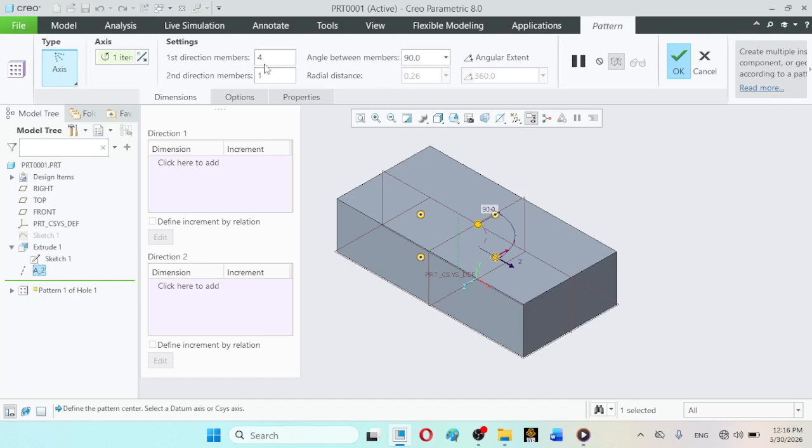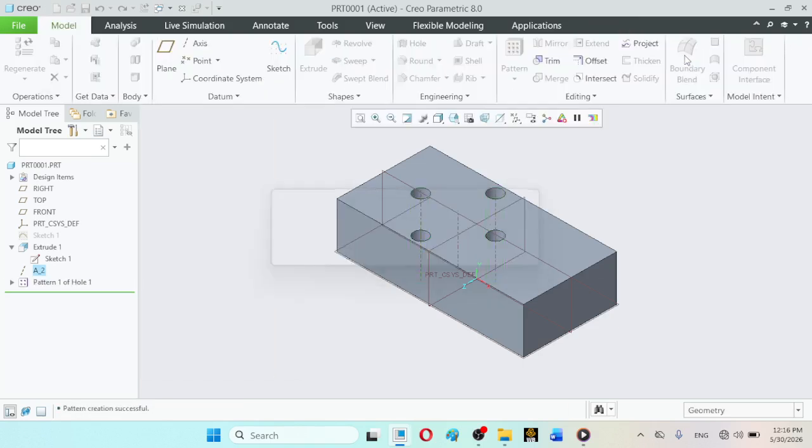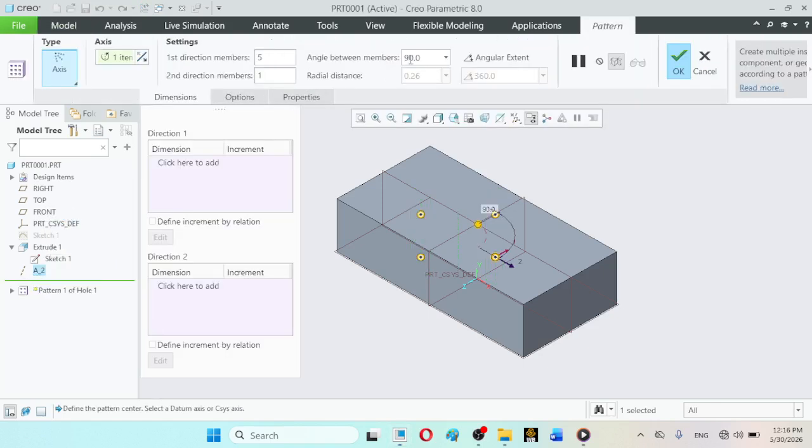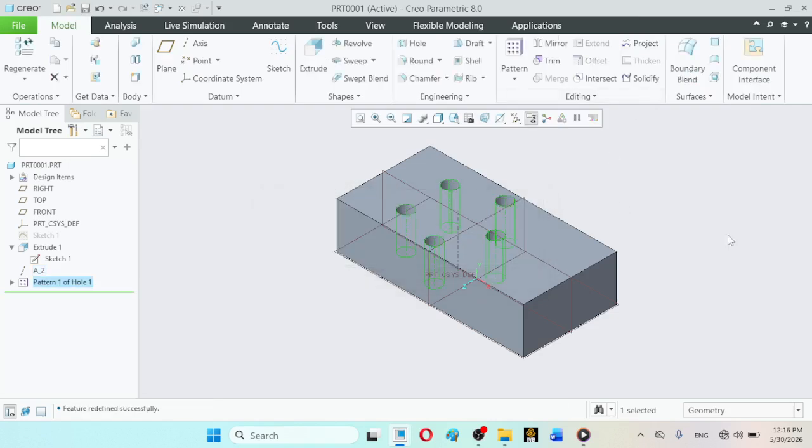If you want 4 members and this is the first direction, 90-degree distance, make it for example 5 members in this direction. So with 5 members, the angle between them will be 72 units, and in the radial direction you can change it the same way.